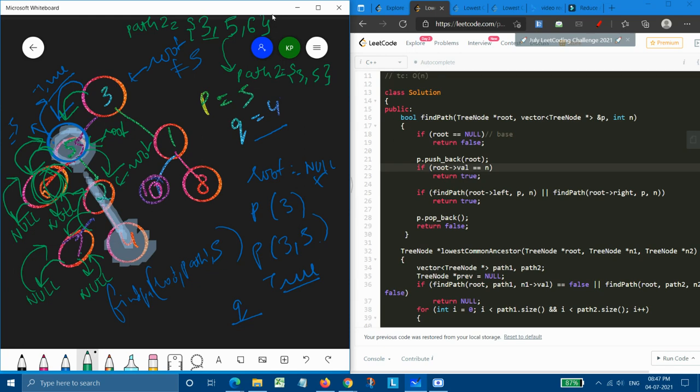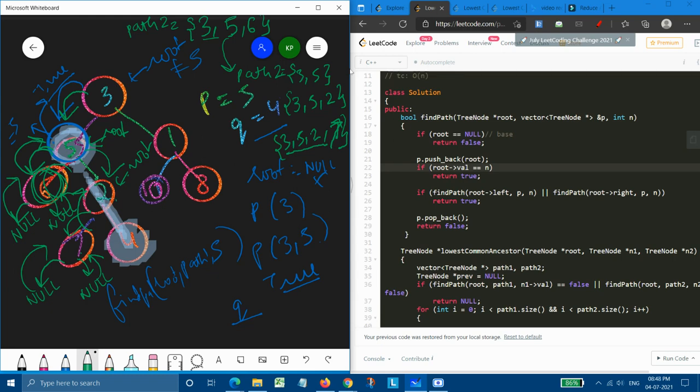And when 5's right child 2 was encountered, then the path array became 3, 5 and 2. And then when 2's left child was encountered, the path array became 3, 5, 2 and 7. But as 7 returned null, 7 was popped again. And again the path array was 3, 5 and 2.